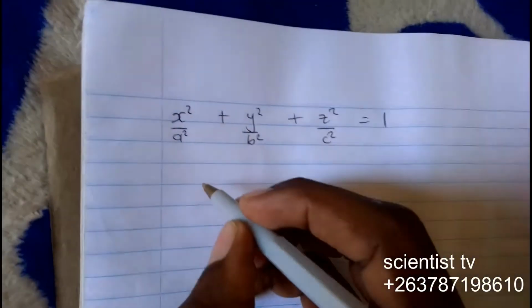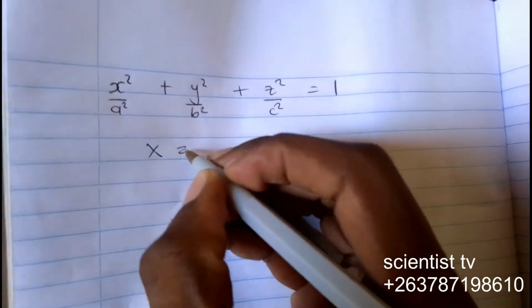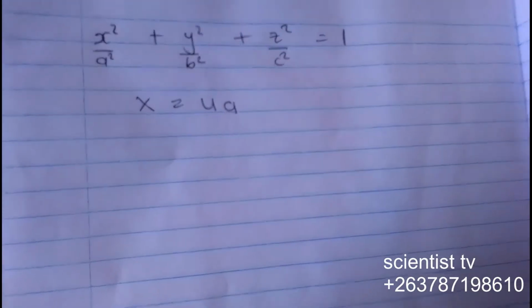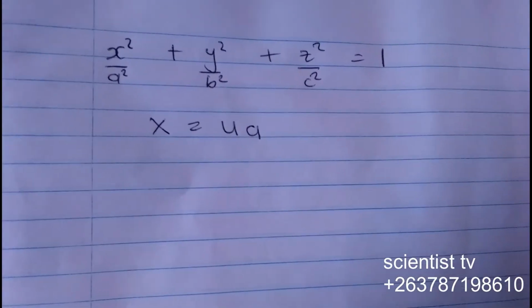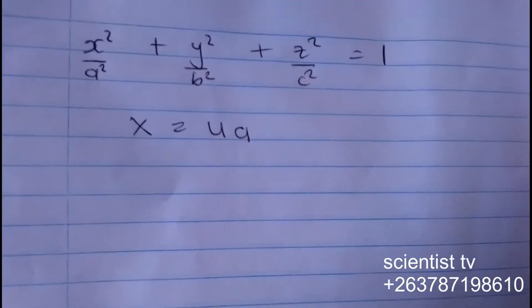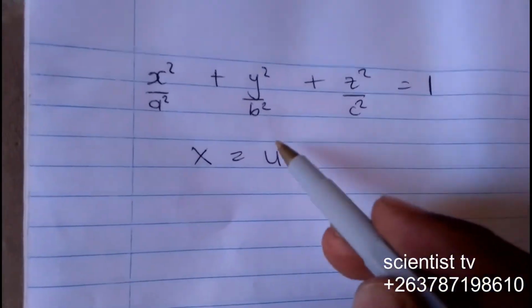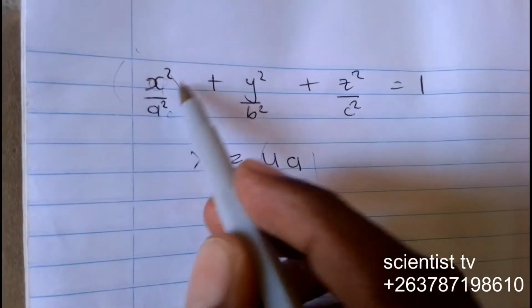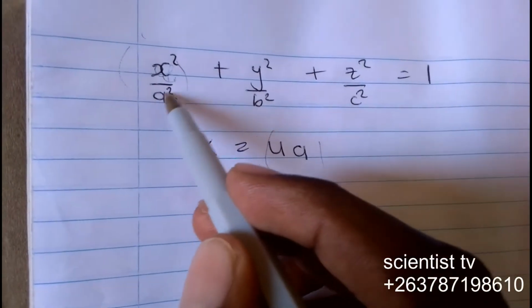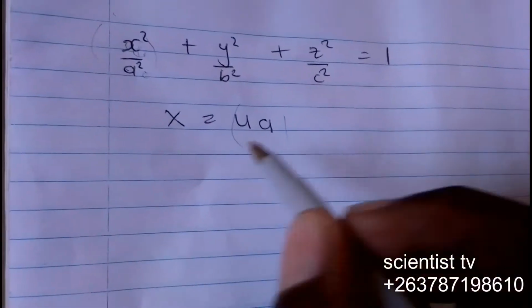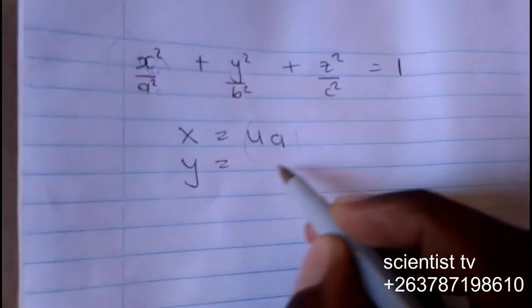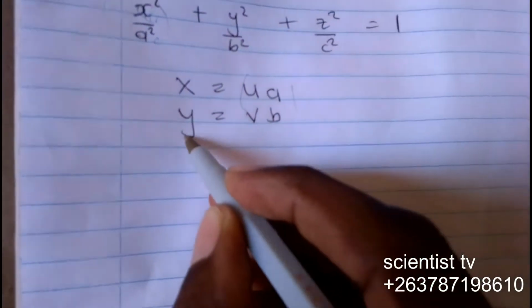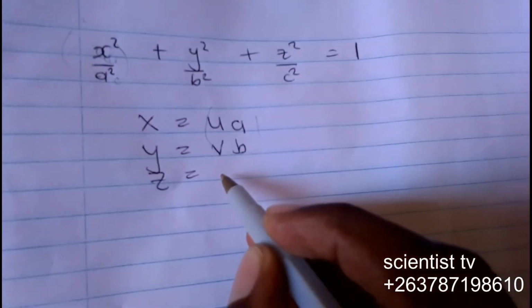Let's start with x. x is equal to u a. y is equal to v b, and z is equal to